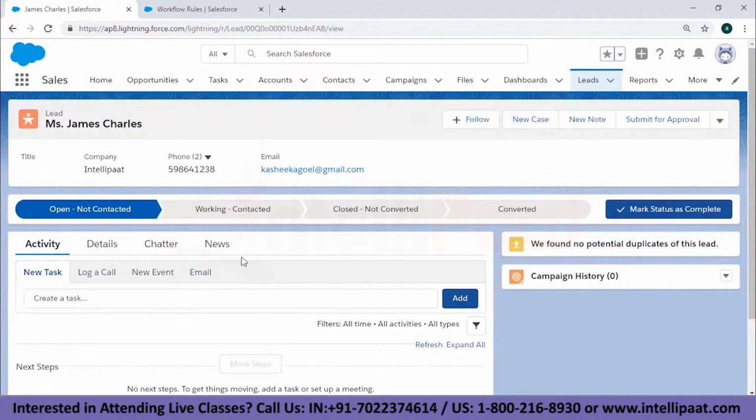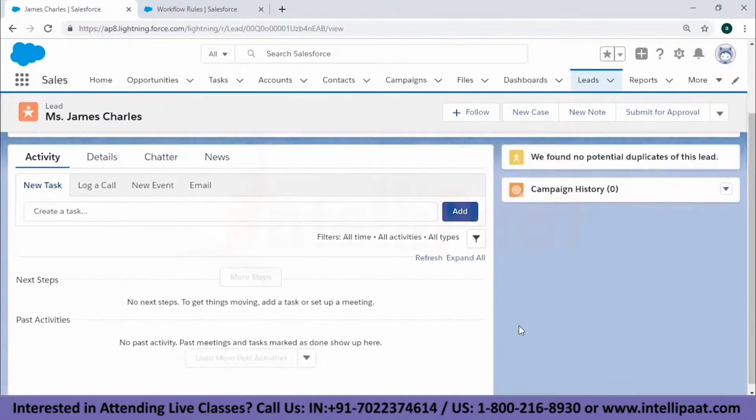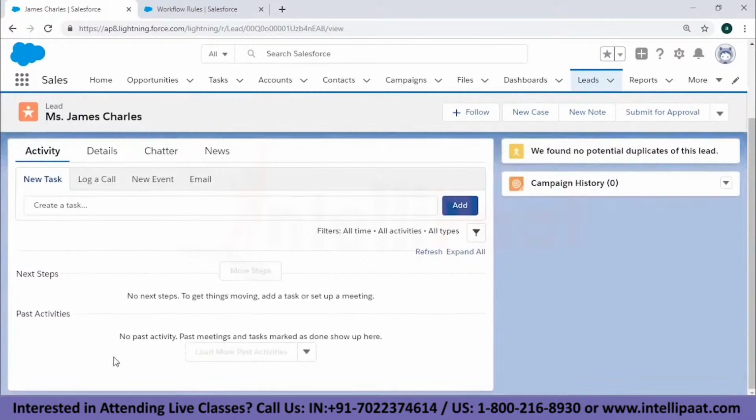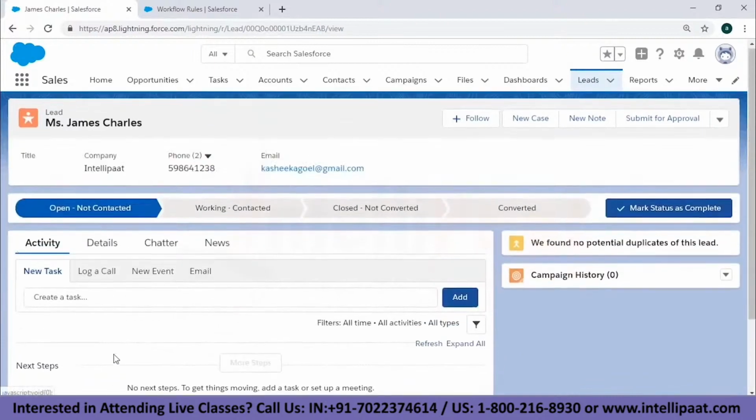Here you will see that this particular leads dashboard says open, not contacted. You can change this to working, contacted, closed, not converted, and converted. Now this is just an example of how it works. This is the activity.